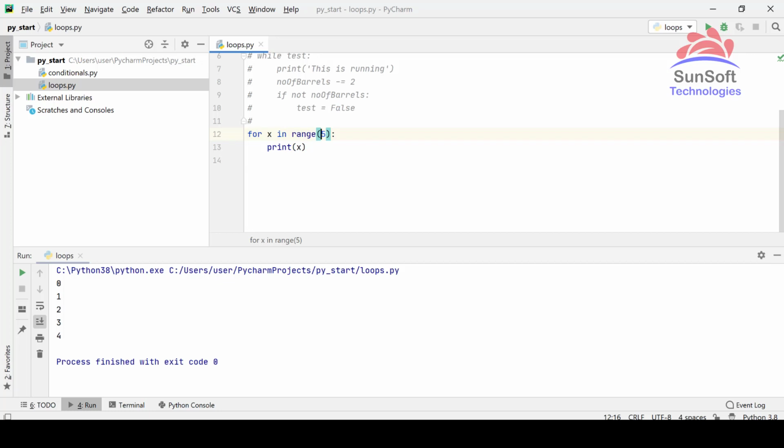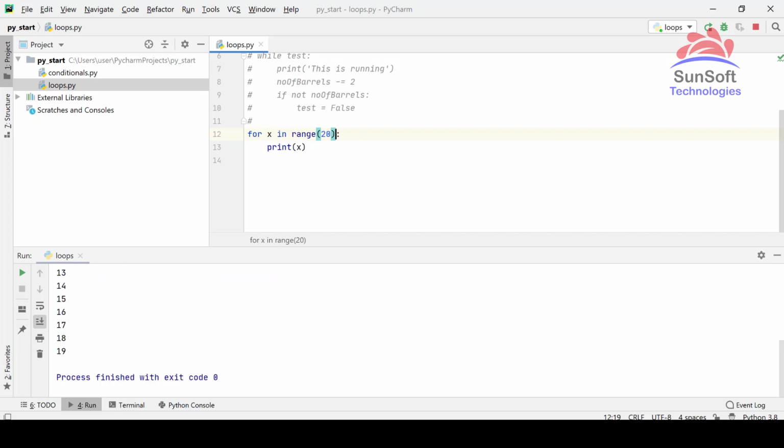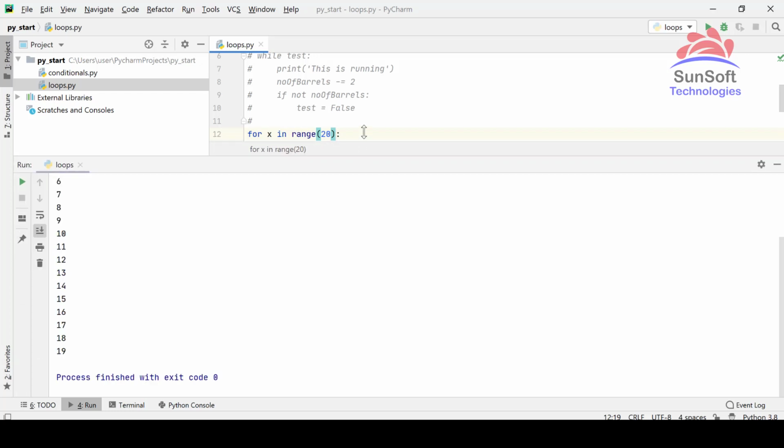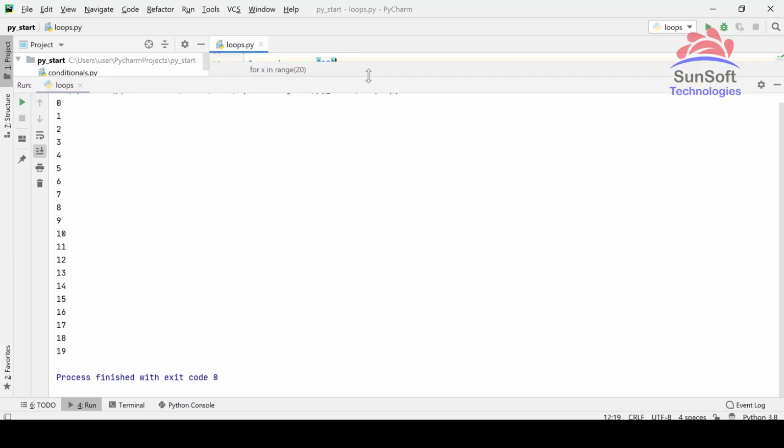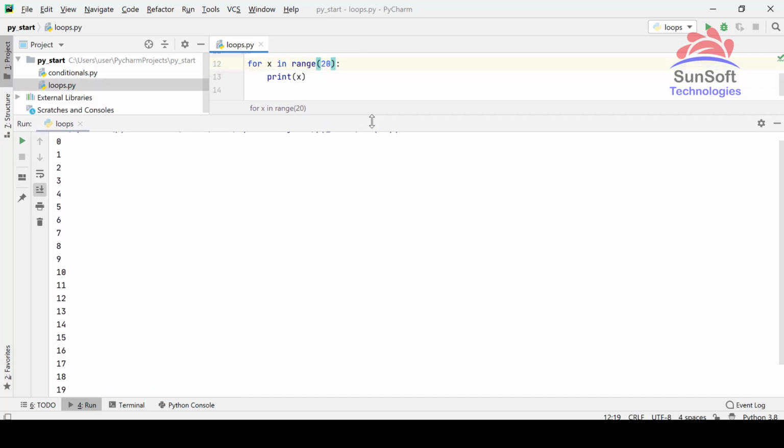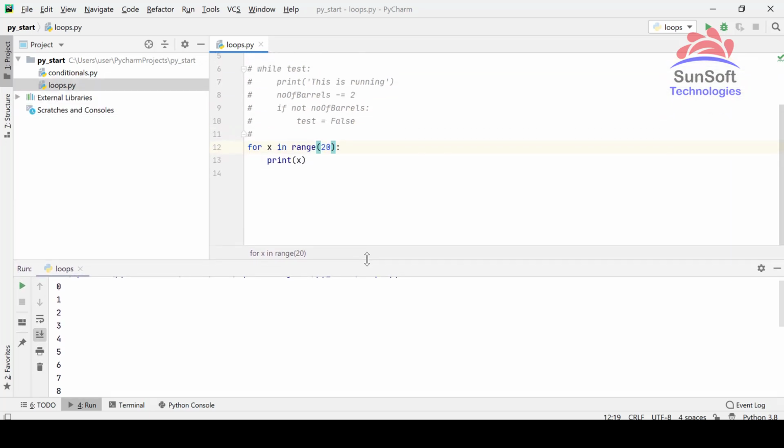Now let me print, let's say, up until 20. I want a range up until 20. Enlarge this. So you see it is all the way from 0 to 19, but not 20 again. You have to understand that. So now this is the stop.